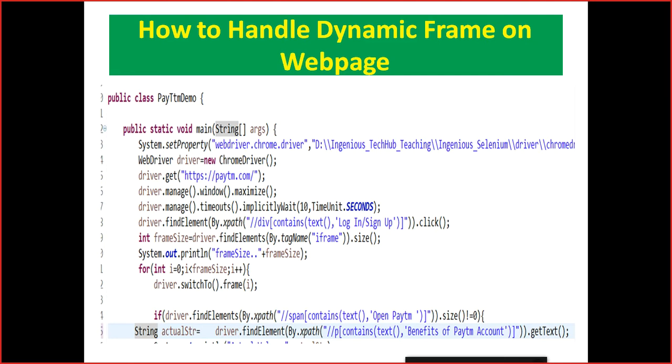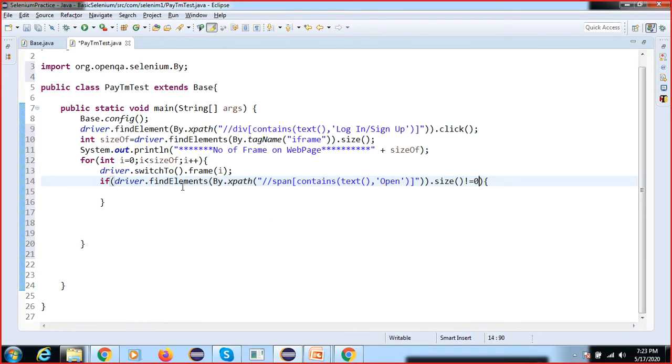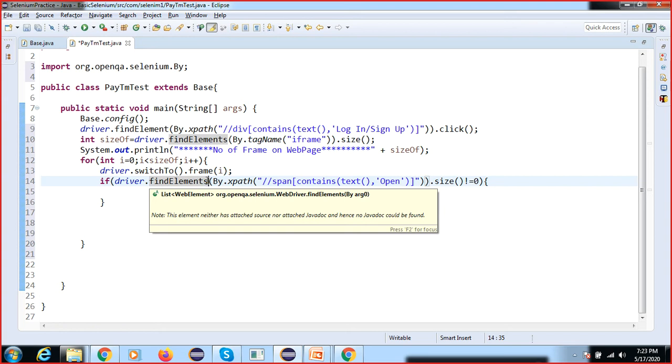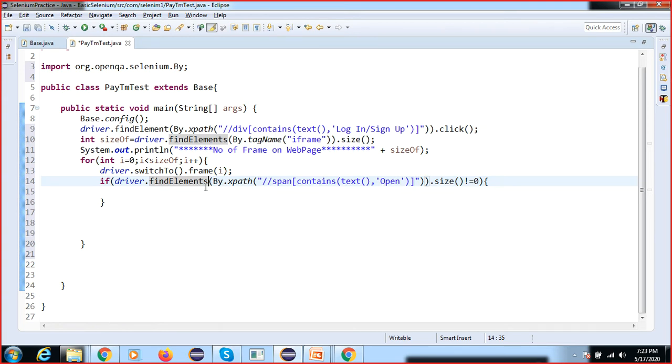Why am I writing findElements? Because I need to find the size.